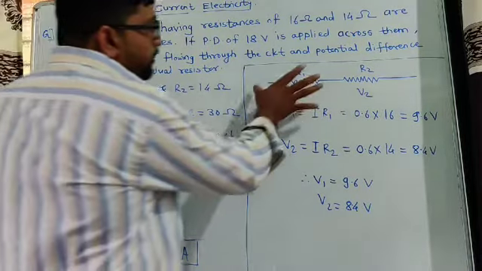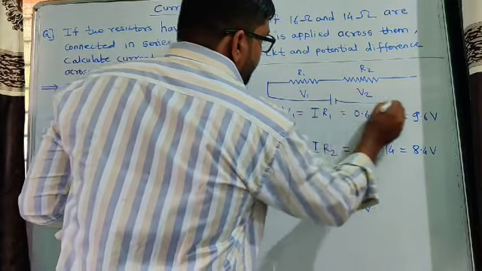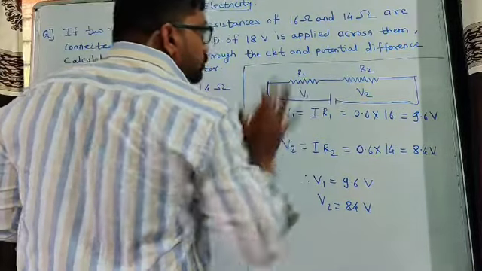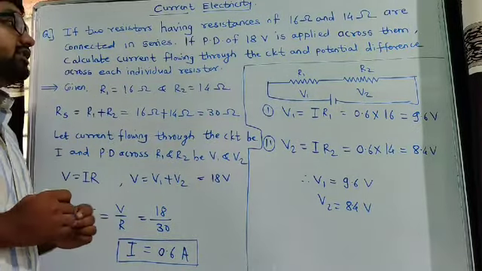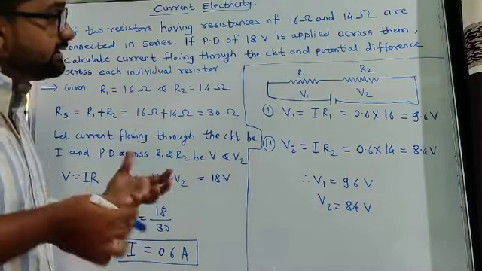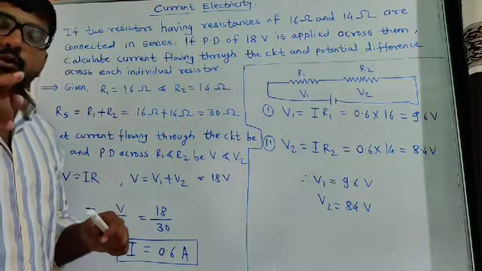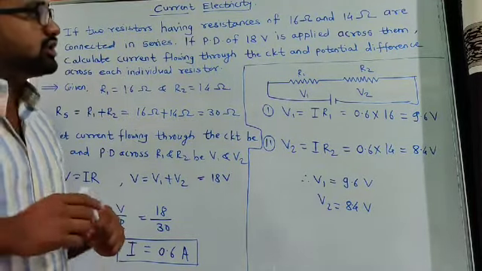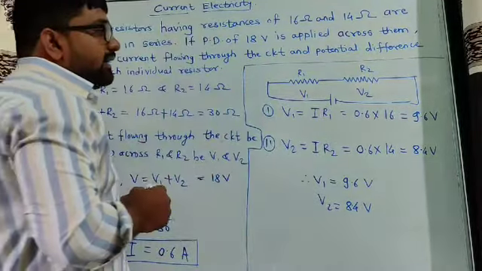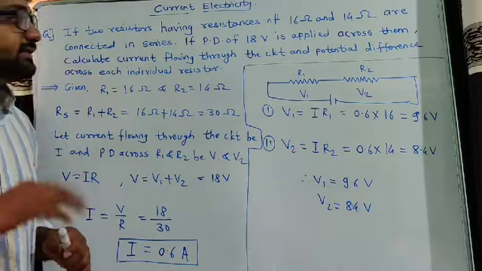Look, suppose this is one circuit. We can have it like that. This is one battery and like this. Suppose this is one circuit and we connect these two resistors in series connection. Series means what? We will see the difference between series and parallel connection. In series connection, we have to connect the two resistors in one line, or in one electrical connection. So here we connect both resistors in one electrical connection, and we can say that these two resistors are connected in series.